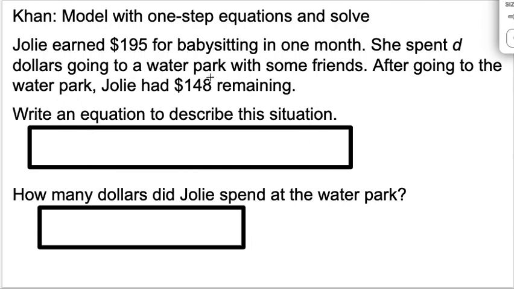So this one, Jolie earned $195 for babysitting in 1 month. She spent D dollars, so that's the number of dollars she spent at the water park with friends. After going to the water park, Jolie had some remaining. So that's what she had remaining. She started with this, didn't she? So she started with 195. And remember, when we spend money, we take that away. So she spent those D dollars. And then what she had left was